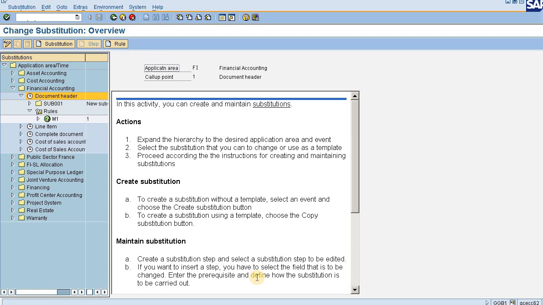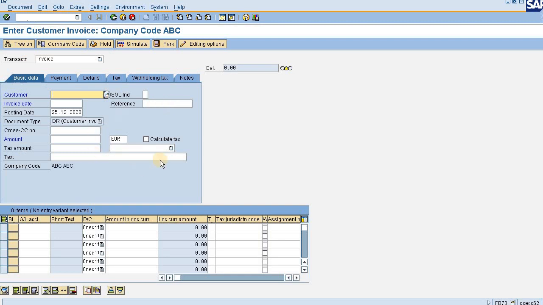Now what is the meaning of the same? Say, let me go to a transaction screen, FB70, for example. In this transaction we post the customer invoice, we all know, and while posting a customer invoice there are many fields given in SAP. Some of them are mandatory, some of them are optional. So say reference or text, say reference.